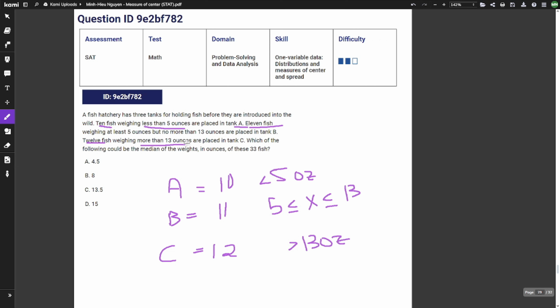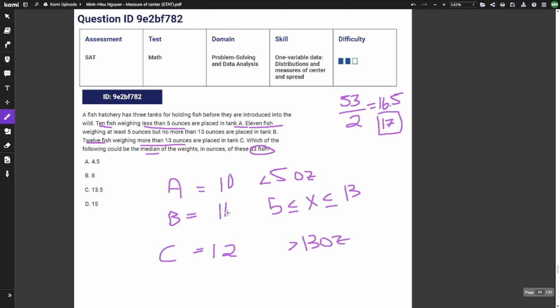Now we want to find the median of these 33 fish. And if you remember, to find the median, we're going to have to take the number of elements, which is 33, divide that by 2, which is 16 and a half. But we have to round that up to get 17. Which means that our median is going to be the 17th position of all of our numbers. And our 17th position is going to be